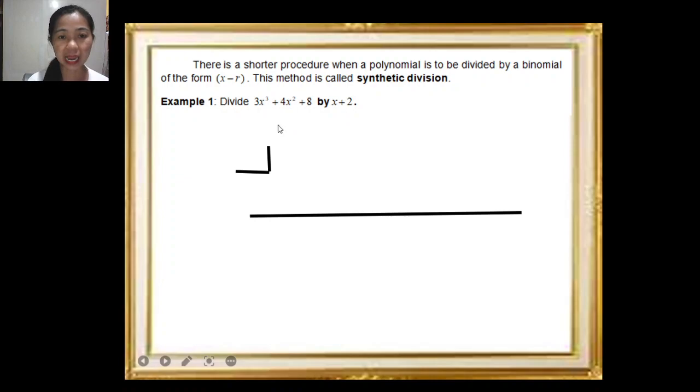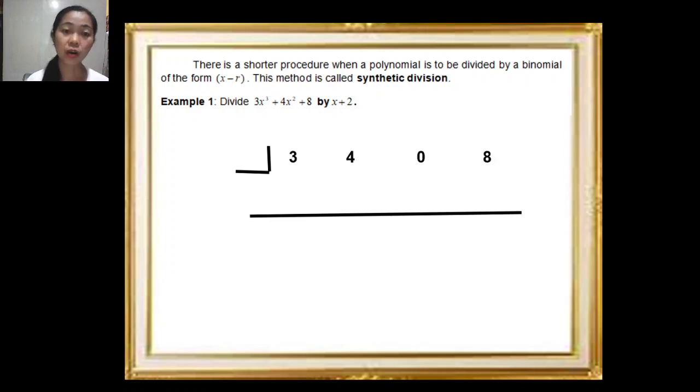So again, kailangan ang ating polynomial ay nakasulat ng standard form. Since kung mapapansin naman natin, naka-arrange naman yung ating polynomial in descending order, we have 3x cubed, third degree, followed by 4x squared, second degree, plus 8. Yun nga lang, missing ang first degree term. So kung missing ang first degree term, i-replace natin siya ng 0. Isulat natin ngayon